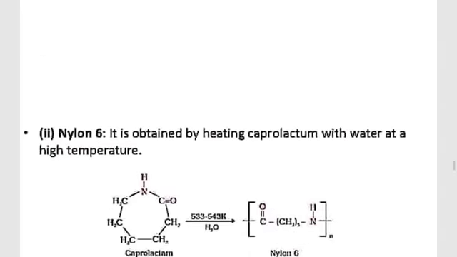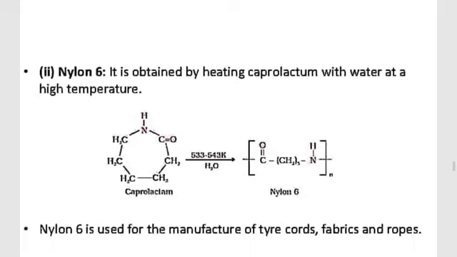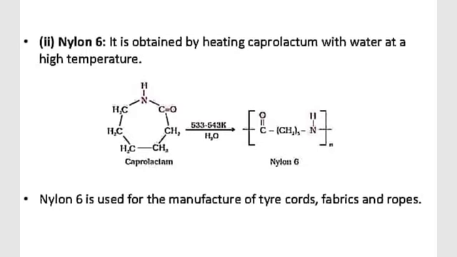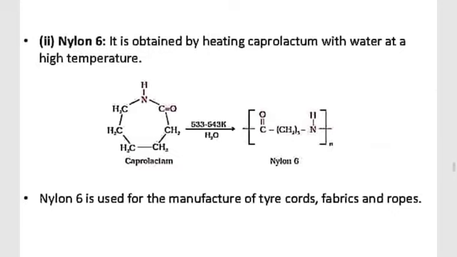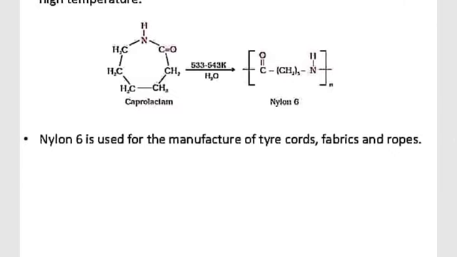Now the second example that we'll see is nylon 6 which is made from caprolactam. Caprolactam is a cyclic amide. Cyclic amides are called lactam and here you have 6 carbon atoms and 1 NH group, so it's called nylon 6. Only this caprolactam will polymerize. You don't have two different monomers, only the same kind of monomer condenses to form nylon 6. So you have CO, the bond will break between NH and CO, and you will get NH, CH2 5, C double bond O, n times. This is used for manufacturing of tire cords, fabric and ropes.